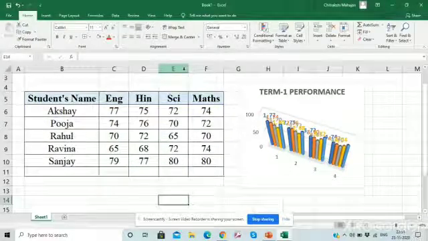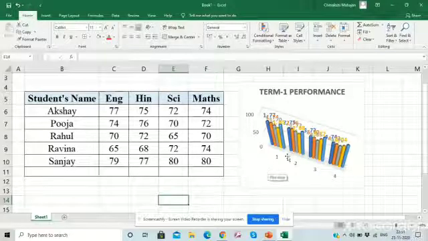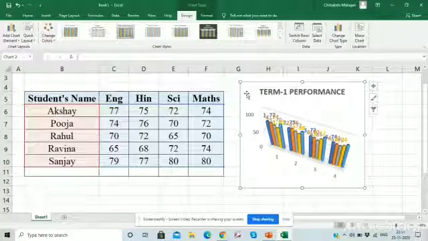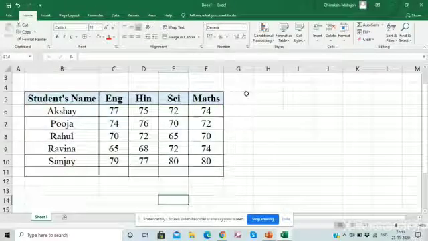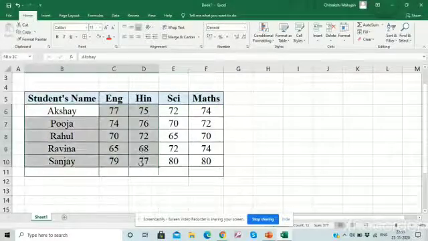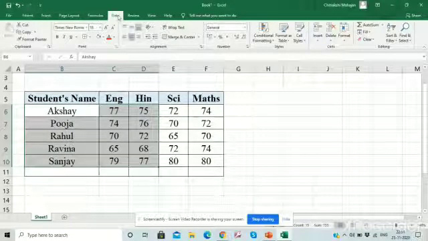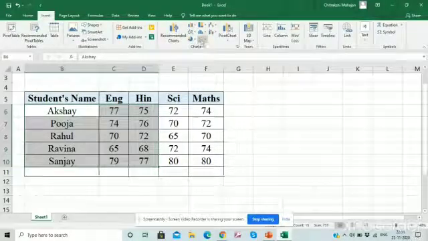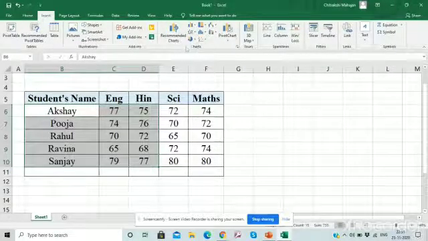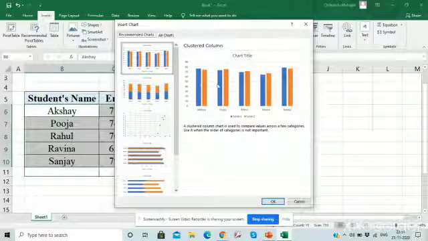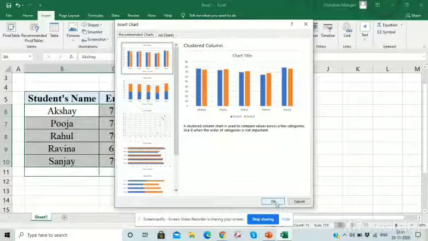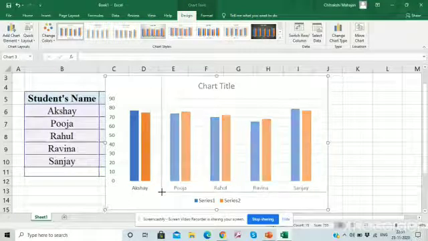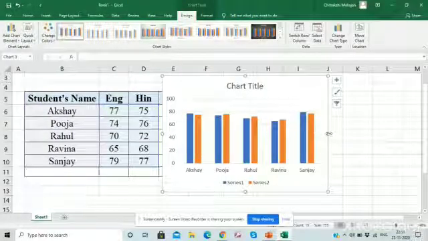If I reduce the subjects a little bit, then it will be easy to understand it. I just create a chart again here. I just delete it. We just take two subjects so that it will be easy for you guys to understand how we can compare values in the charts. We can go to it. We can choose column chart. Okay, this is the chart for two subjects.